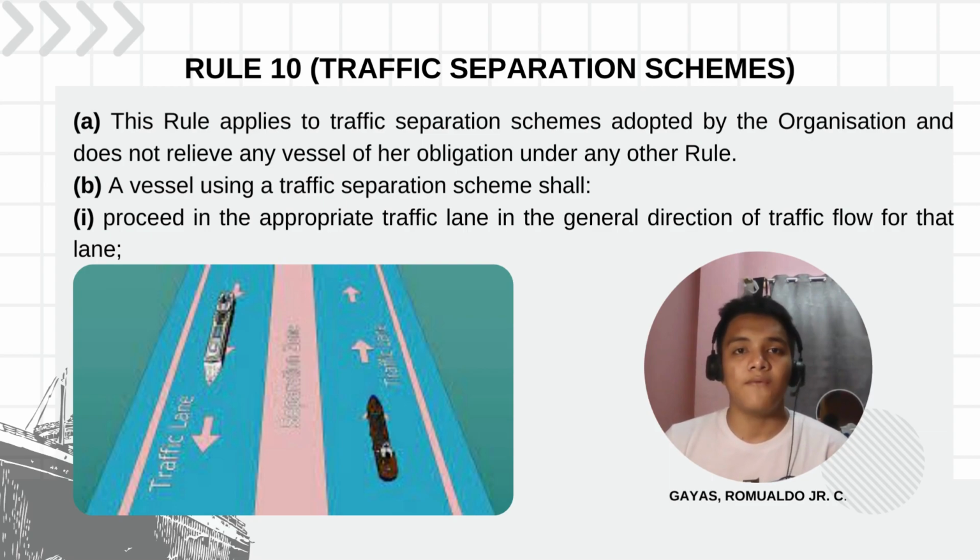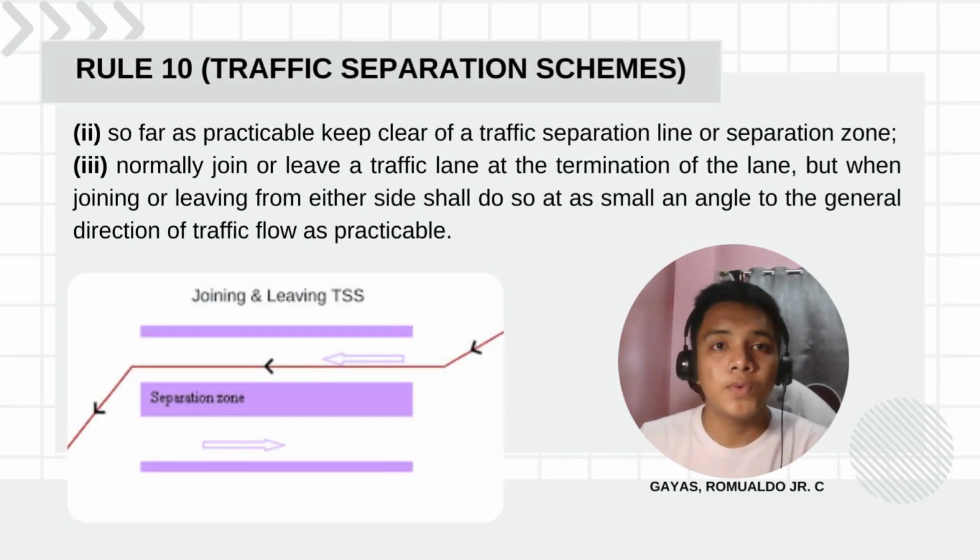So this means that if the lane is designed for a vessel to move from one point to another, for example from open sea into harbor, they should navigate in that direction. So it helps prevent collision and ensures an orderly and safe flow of vessels. Subparagraph 2b, the phrase "so far as practicable keep clear of a traffic separation line or